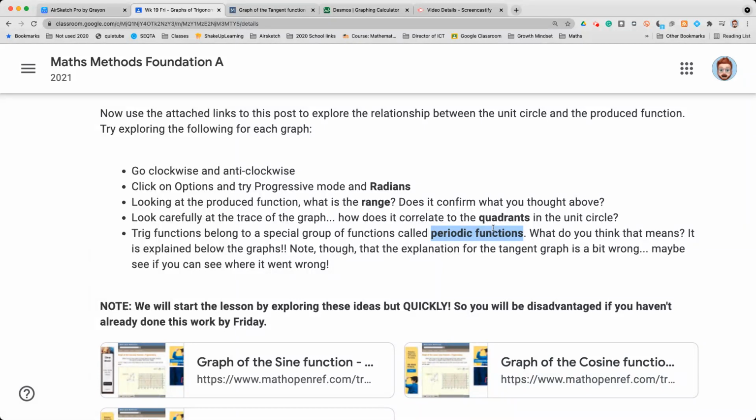Now, what we've looked at here is the period of a base graph. Sine, cosine, and tan, they are all base graphs. Okay? We can apply